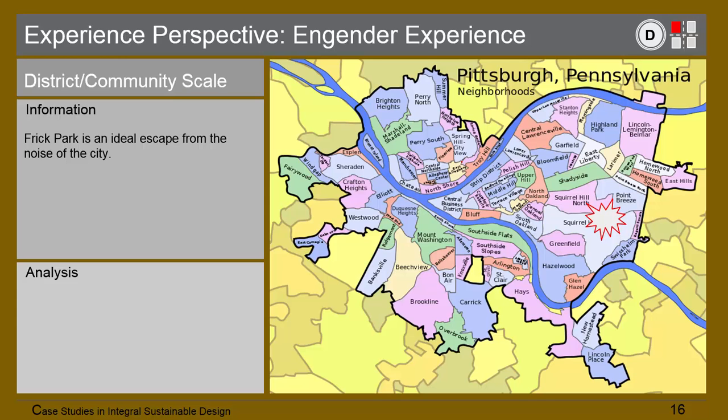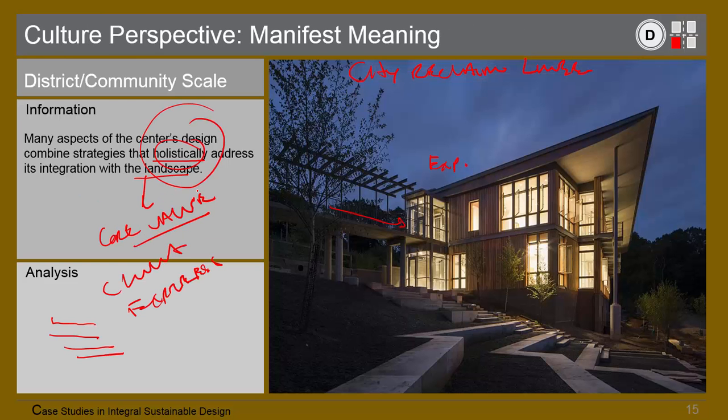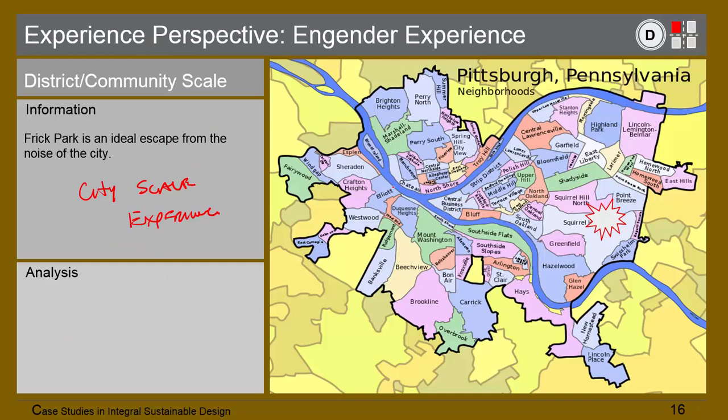Well, certainly this actually would have been really good at city scale. City scale experience. And I'd like to have a picture to go with it to prove that. In fact, the previous picture kind of talks about that. I think you really have to show where the site is here. So you need to let me know that, because I don't know that. And you need to tell me